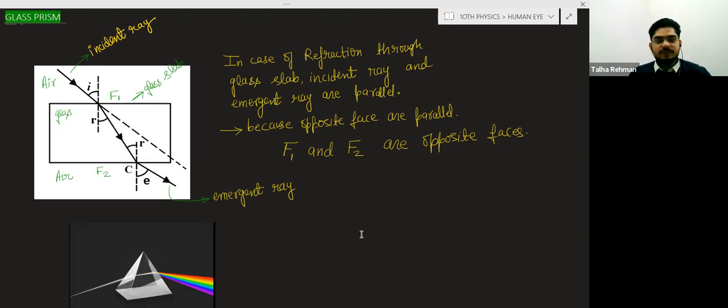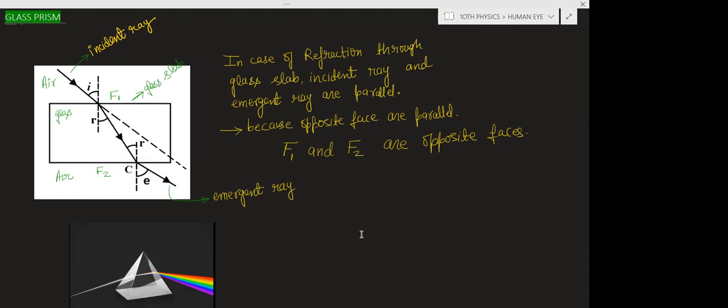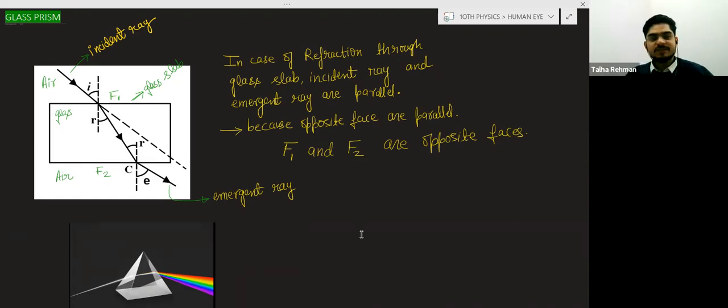Martin, got it? Yes, sir. F1 and F2 are the faces here, like this. One face of the glass slab, another face of the glass slab. Both are parallel. But in the case of the prism,